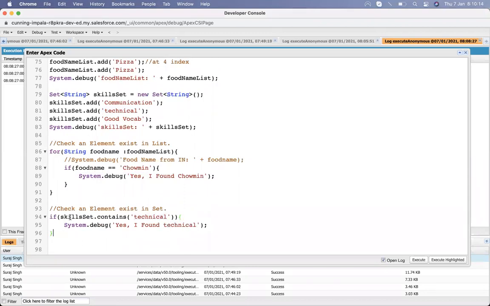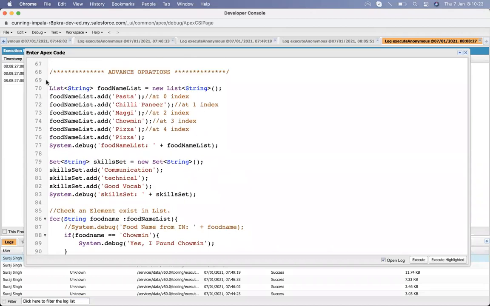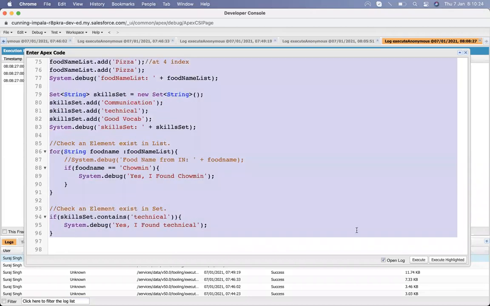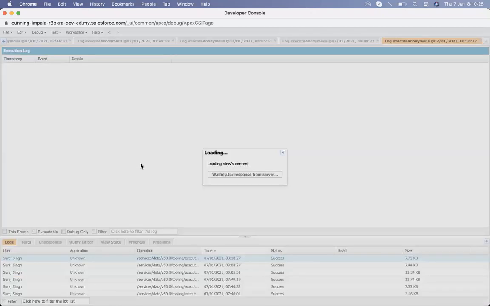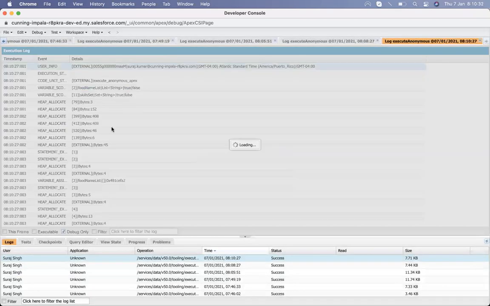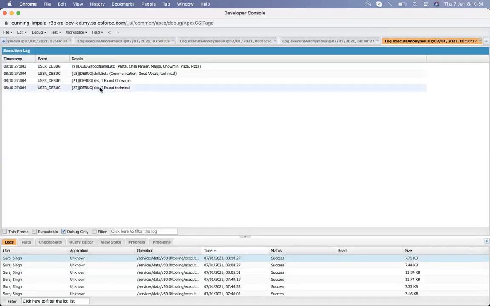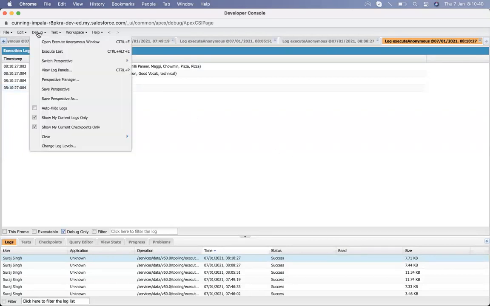Okay, so let me select and execute it. Yeah, you can see that it helps us find the value without writing a loop.